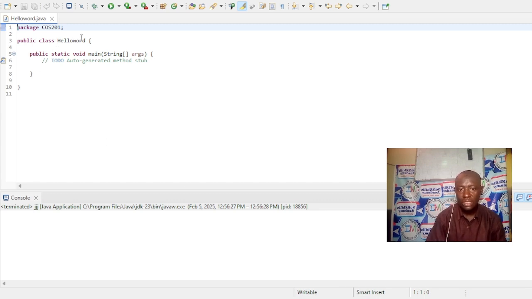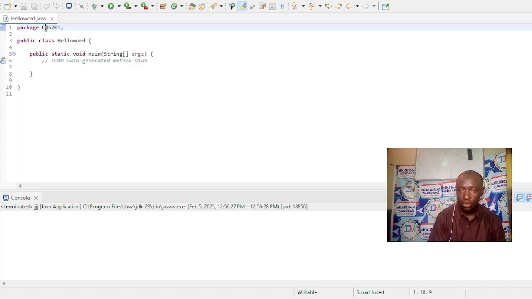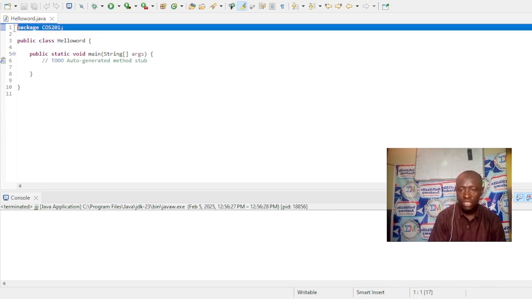So now having this, our project is in a source of COS 201 underscore CSC 211, and we have our package. So our program now starts from this public class, not from the package. The package is just a subdirectory where all your programs can be domiciled. So from now henceforth, all that we will be practicing is going to be under this Hello World program, under this package called COS 201. So now